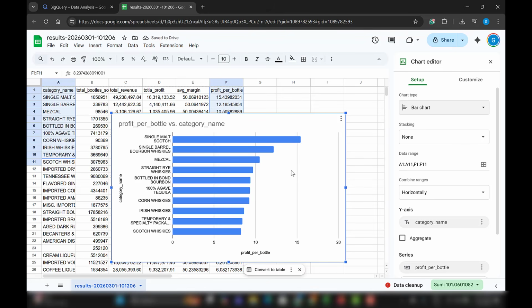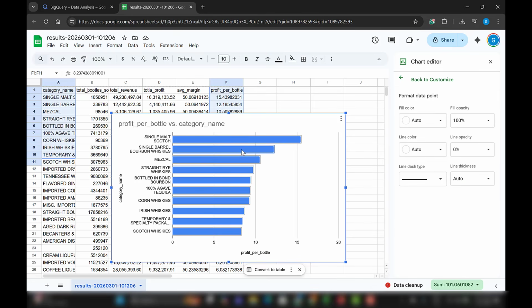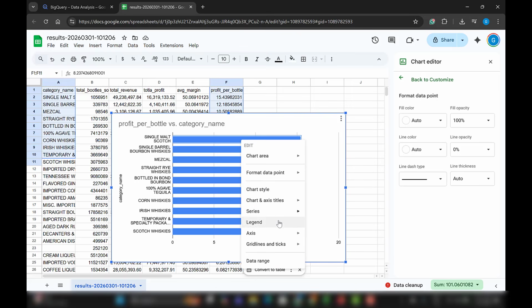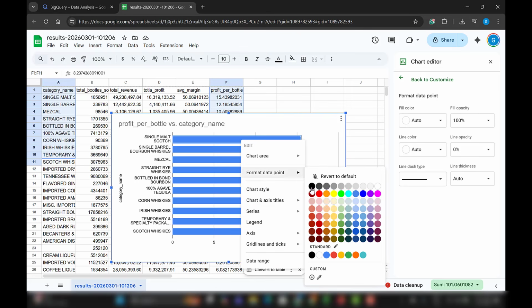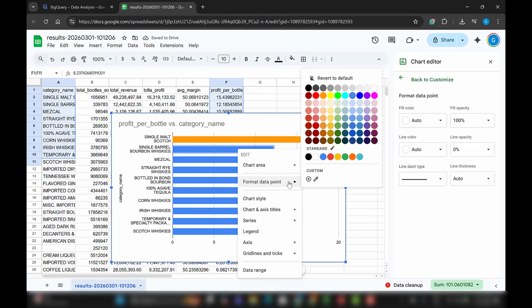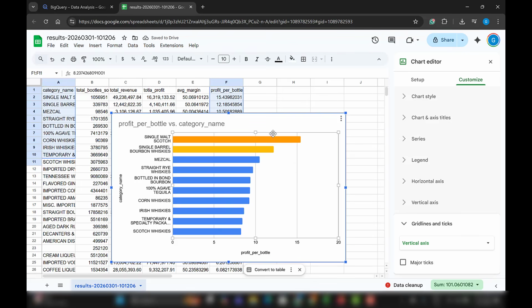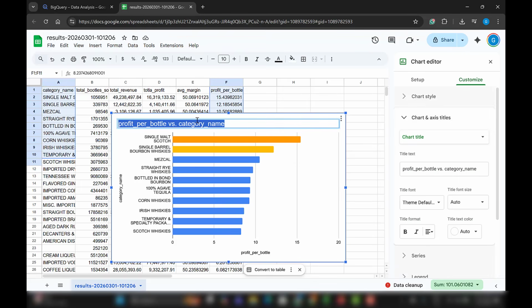And then what I'm going to do here is, this is probably the one or the two that I'm most concerned with. So I am going to take these and highlight them. You can highlight that by just clicking into it and right clicking, and you can go to format data point. And I'm just going to change the color to orange. Here also, change the color to orange, a little bit different orange. And now we have our most profitable